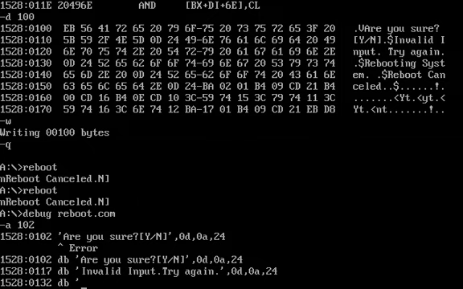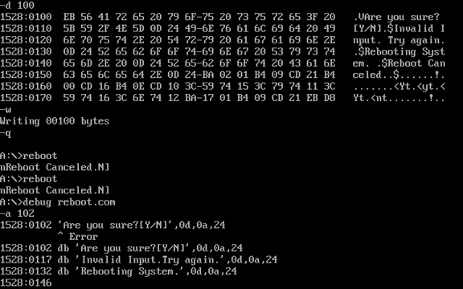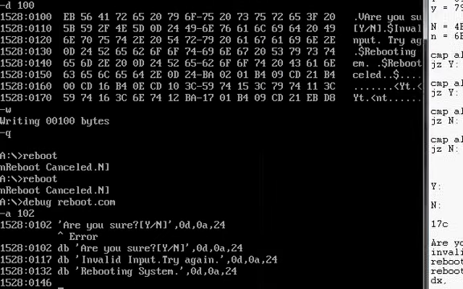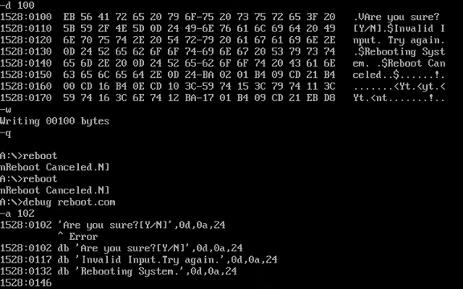Okay. For this one we want rebooting system, period. Don't put a space there. Let's go like this. Now what we're going to do is put 0D, 0A, 24. We're still good. 146 is where it's supposed to point at. So we go db, oh, it's the wrong window again. db